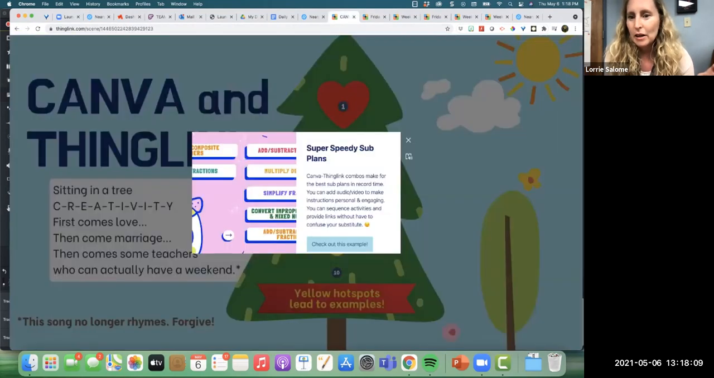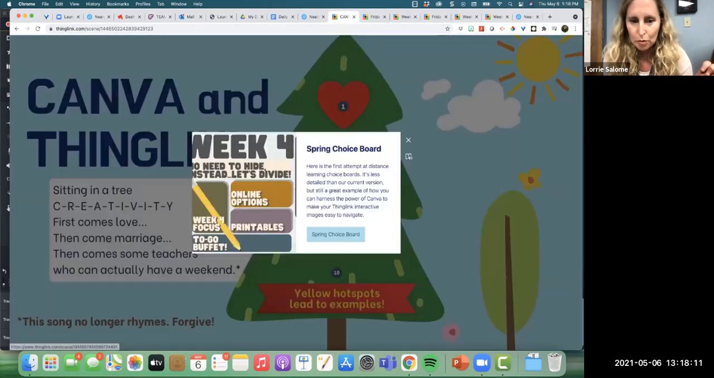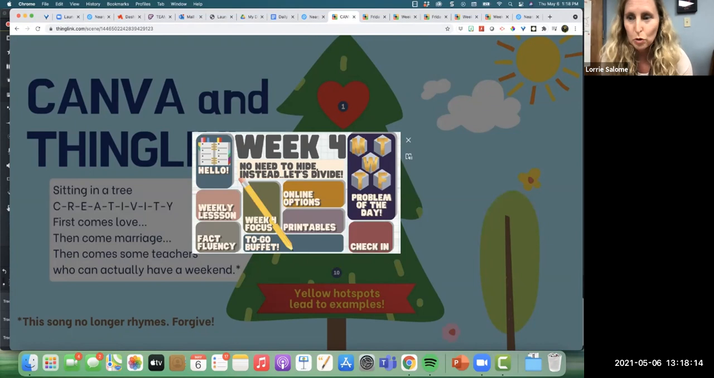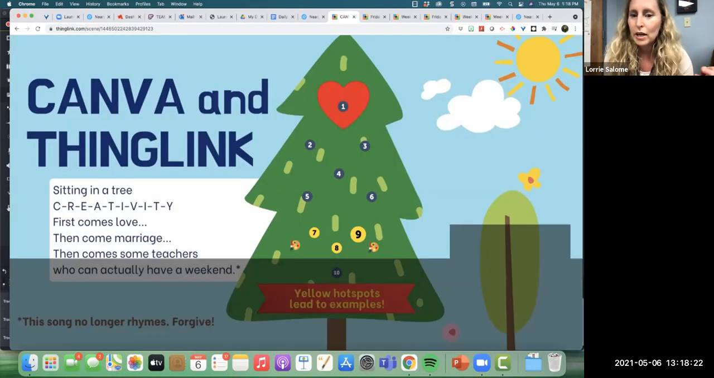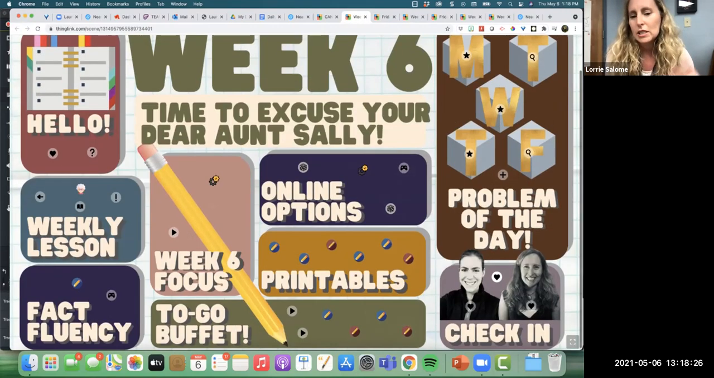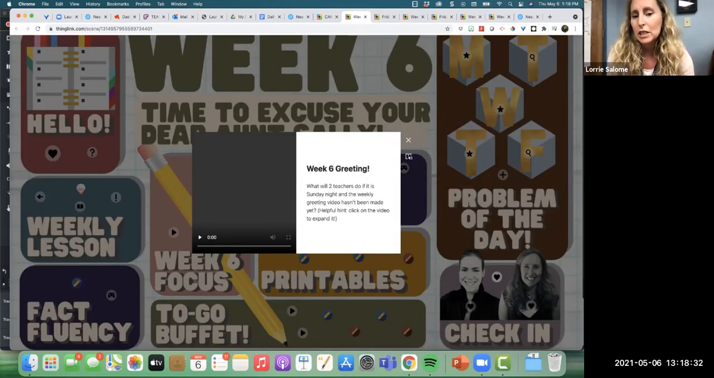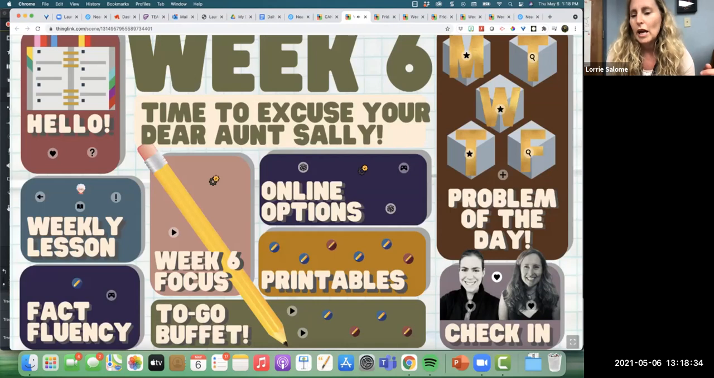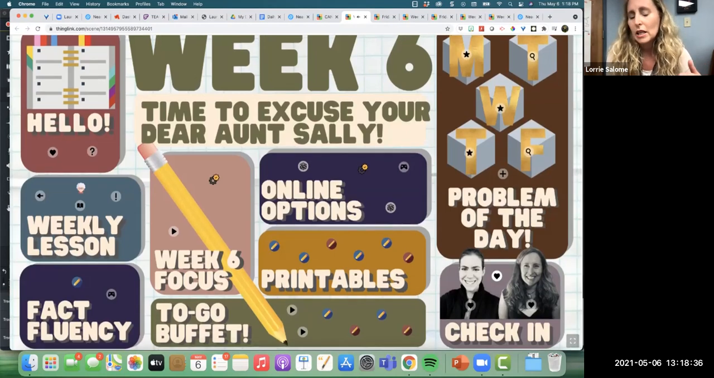And then the other one that I linked to example wise was my spring choice board, which is a little less detailed. It was when the quarantine first began. And again, this one is available for you if you would want to use it. And you can see that we did the same kind of thing. We had printables, we had online. We always started the week out with a little greeting from the teachers. And then we had a link on the bottom right to check in with the teacher for SEL purposes